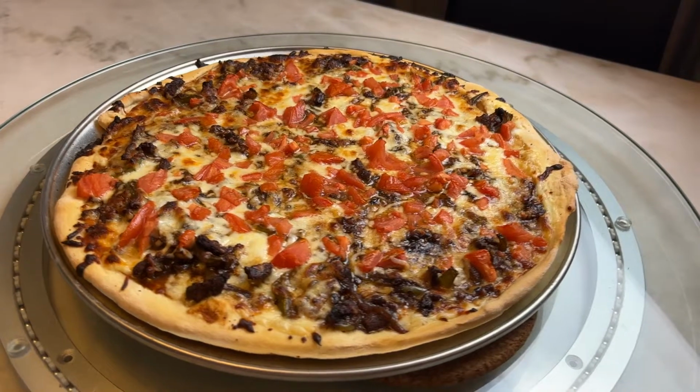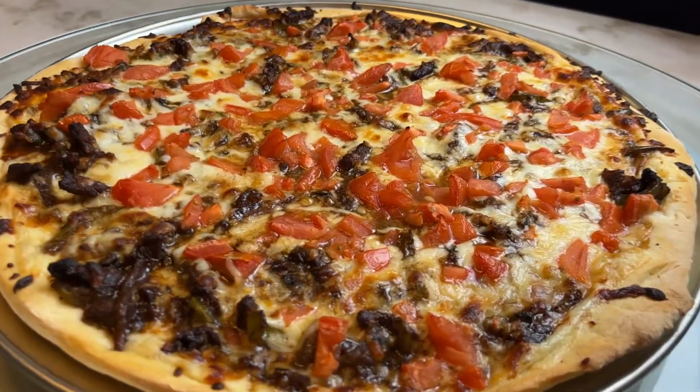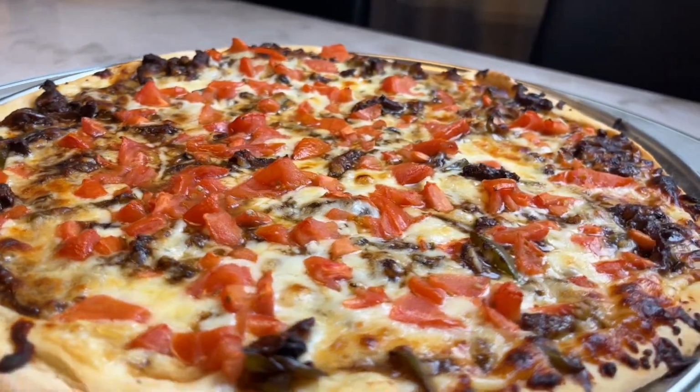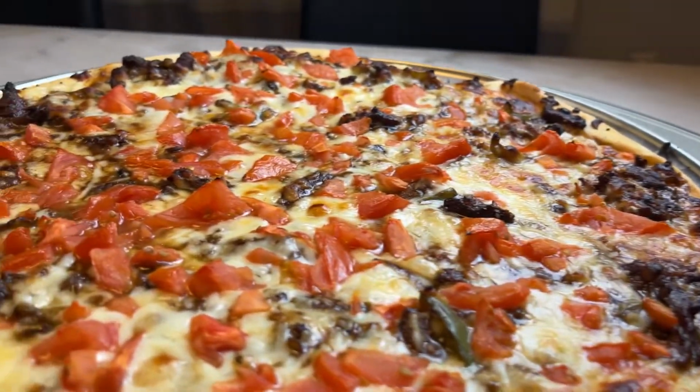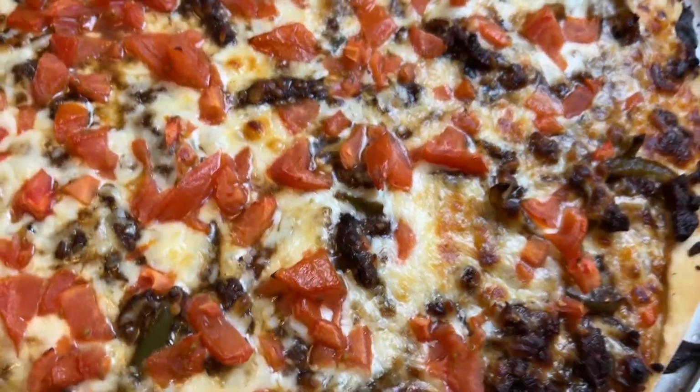Today I'm going to show you how to make pepper steak pizza. Yes, you heard that right. Pepper steak pizza. This pizza is packed with flavor that is rich and complex. I will not only show you how simple it is to make the pepper steak topping, but also an easy